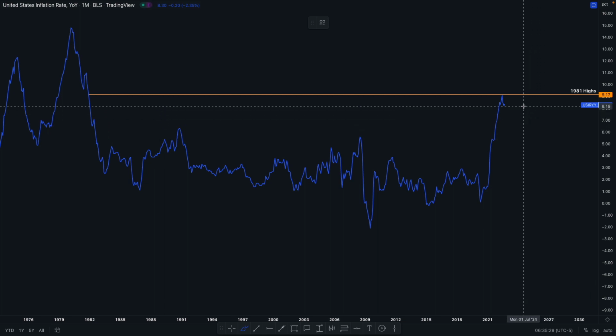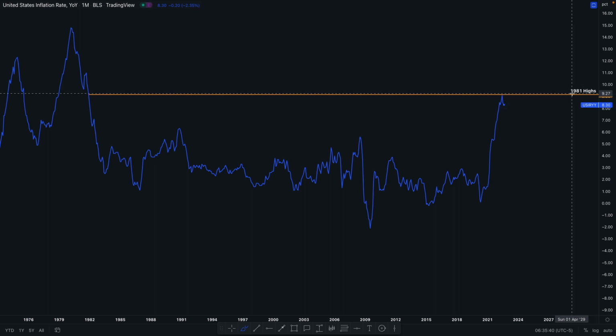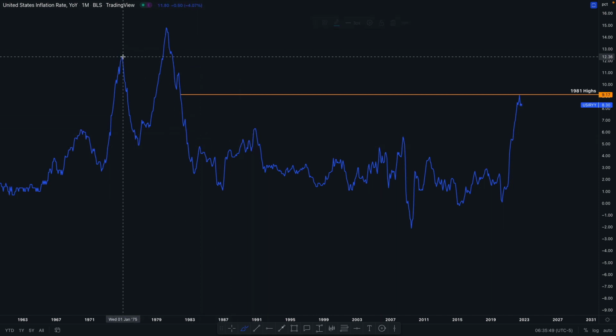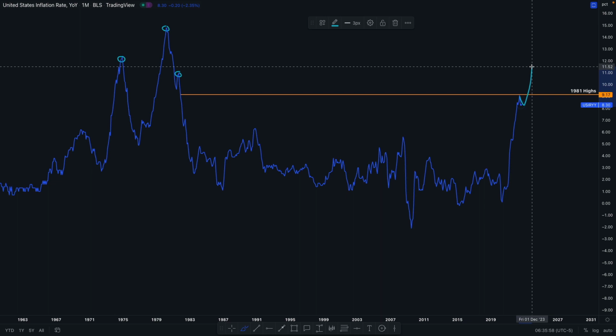And the biggest reason the Fed is raising interest rates is, again, high inflation. We haven't seen it in 40 years, 1981 highs right around here. So that is their number one concern, and they've said multiple times that they're okay with crashing the markets in order to get inflation down. And typically when inflation pivots at very high peaks, it doesn't have much of a false breakout. It doesn't like to peak, come down, and then shoot up again historically, but you never know what could happen.